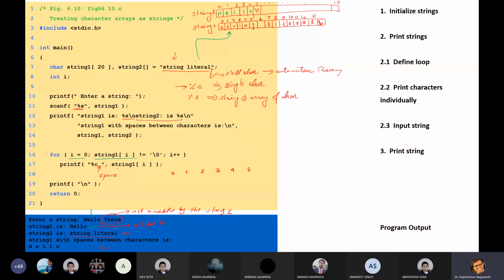Now it will print first thing is string 1i. String 1i, this is the value of i. Now string 1i is what? H. Okay, is it in small letter or capital letter? Capital letter. So H will be printed, then space, then 1. Okay, so E space L space, why space is coming? Due to this. Again L space, and then O space and \0. Here it will stop.